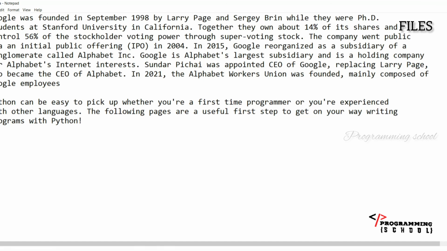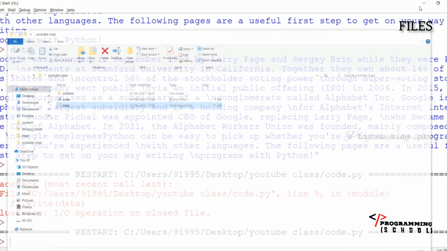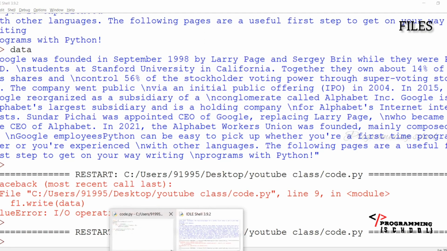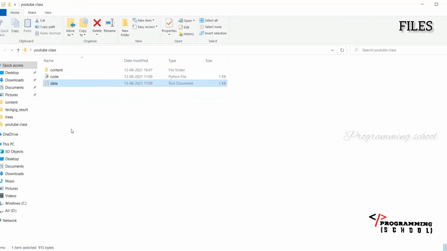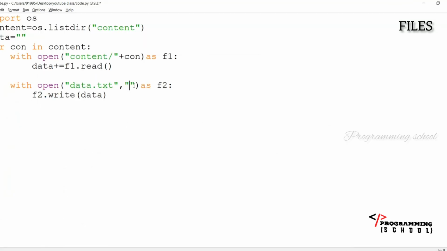That's it. Now without using the write command also, I am going to put the data here. For example, I'm going to delete this file again. Now I'm going to append it. For example, I'm going to add the first content of the data. Then again, I'm going to add the second content.